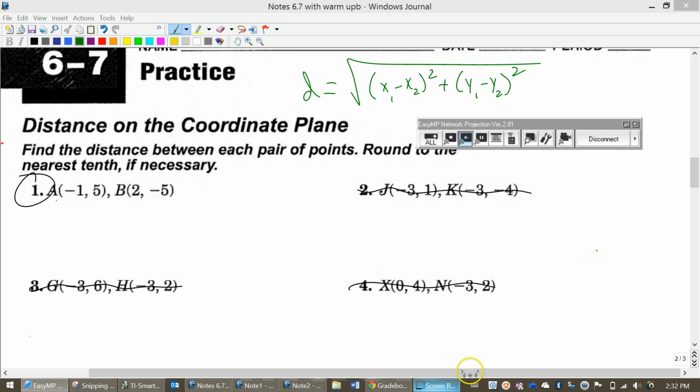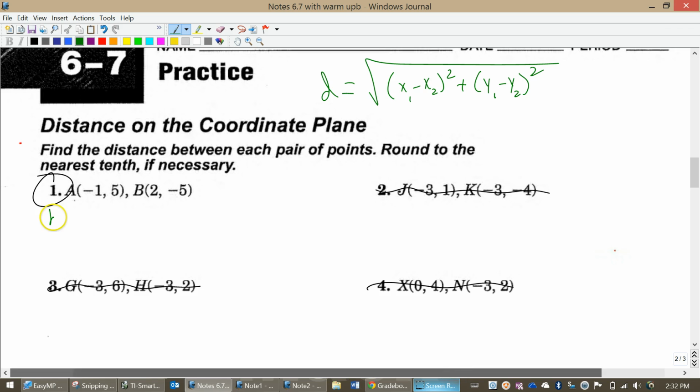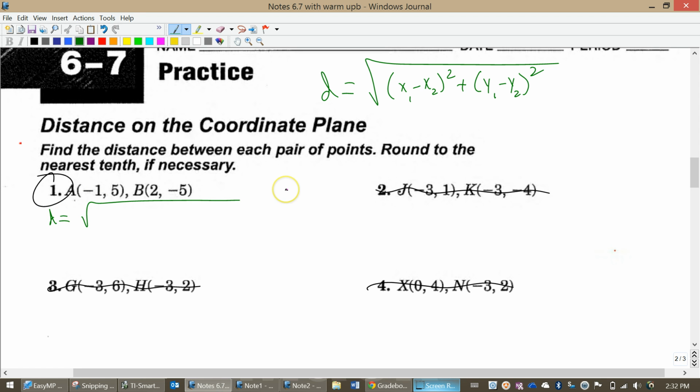When we're going to find distance, distance equals the square root, and we subtract the coordinates. We subtract the x coordinates and square it. So we're going to do -1 minus 2 squared. That's subtracting the x coordinates. We're going to add that to 5 minus -5 squared. Right? Minus in between. We're subtracting the coordinates in this case because we want the vertical and the horizontal distance,